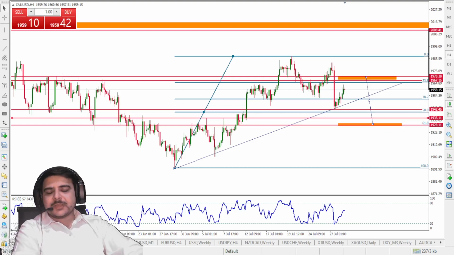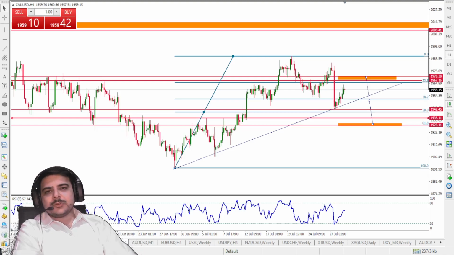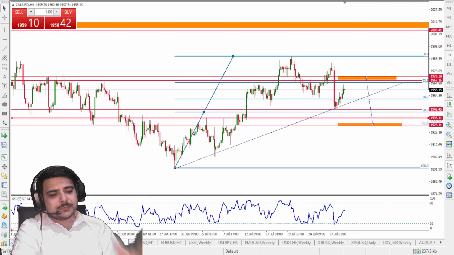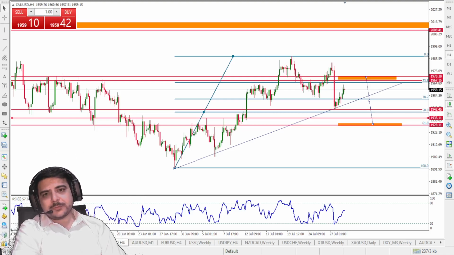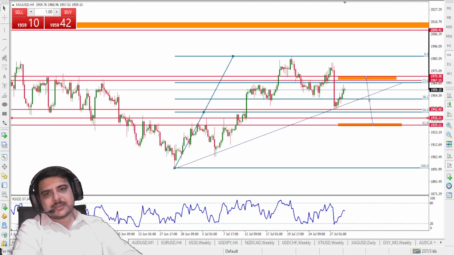So I hope this analysis must be very helpful for all of you, and I want to keep these things very simple so that at least a beginner also understands it. Remember, forex is very risky, and if you don't trade properly, you can blow your account. I don't want to freak you out, or make you afraid of the market, but this is the fact.